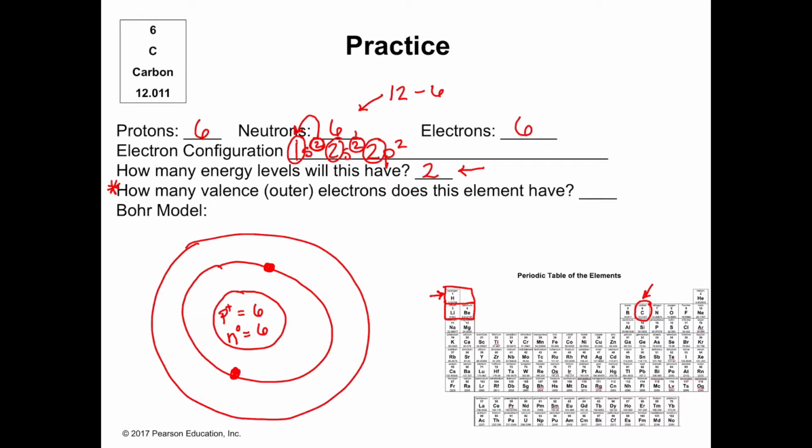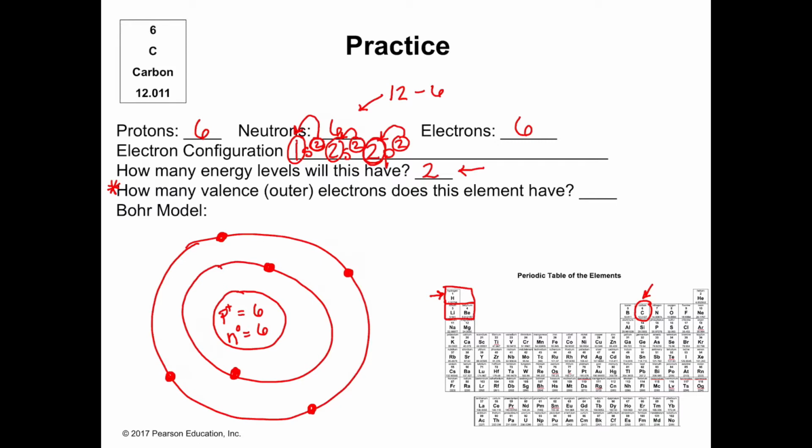And then the next one there tells us there are 2 electrons in the second energy level. So we'll put 2 electrons in the second energy level. And this 2 tells us there's another 2 electrons in the second energy level. So we'll put 2 more electrons in the second energy level. Okay, so the superscripts are telling us a number of electrons, and we can look at the principal quantum number,